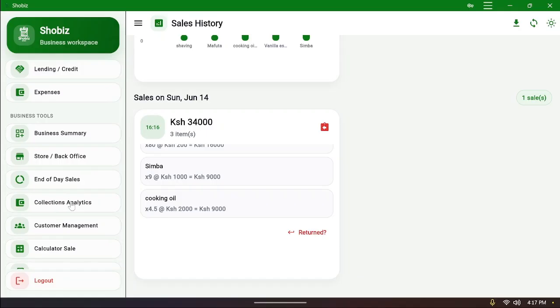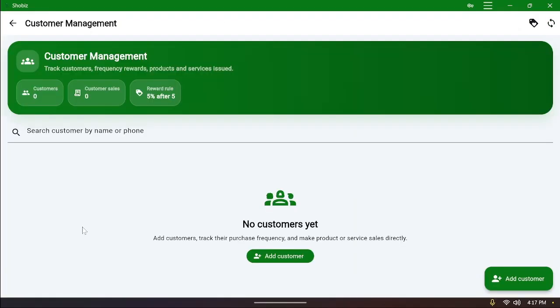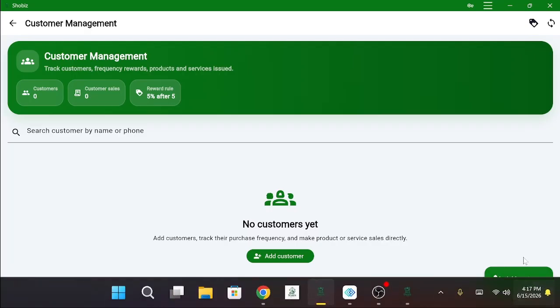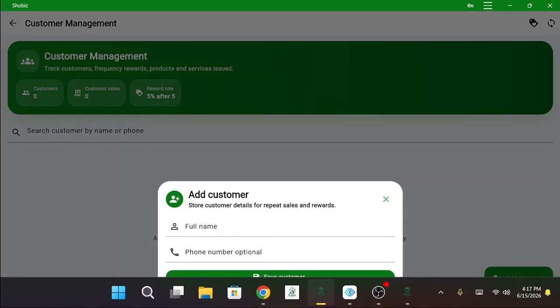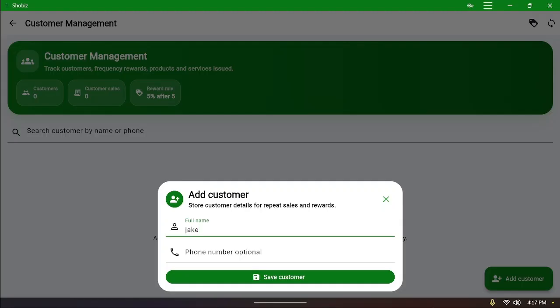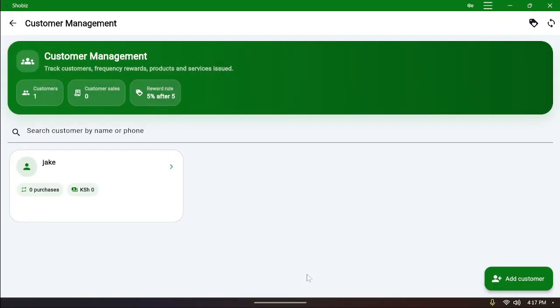We've looked at the collection, analytics, customer management. That is if you want to manage your customers here, you can always add your customers, full name, let's say Jake. Phone number is optional. Once you've added them, if you have customers that keep on coming to you over and over, and you would like to be giving them a commission from the purchases, you can always